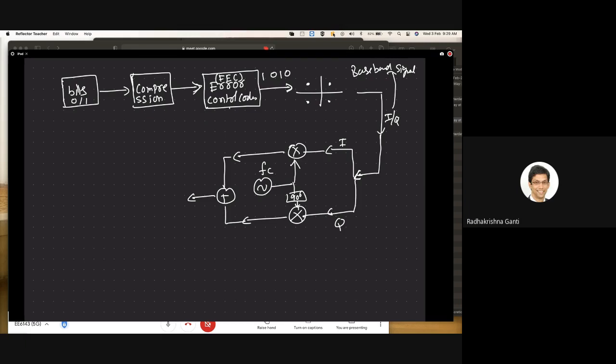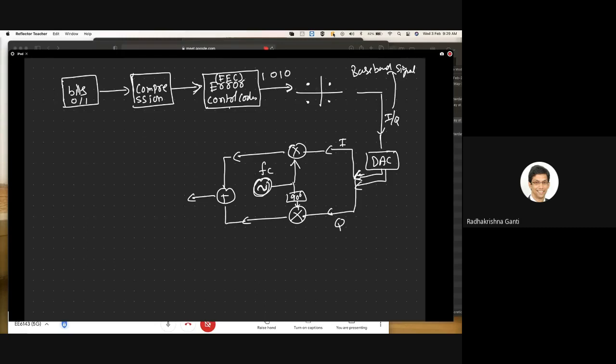Essentially, there's a DAC and ADC also. I will just put the DAC so that it's easy for us. The I and Q will pass through some DAC, digital to analog converter. When I say DAC, there are two DACs, one DAC for I, one DAC for Q. When I say IQ, it always means two DACs. These two DACs' outputs will go into the modulator, and you do an analog upconversion, or you can do this in the digital domain also. This is called a quadrature modulator.